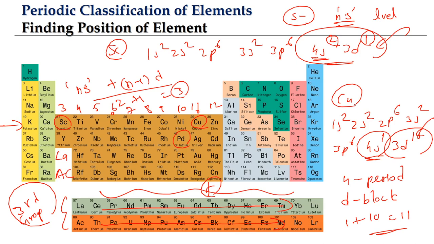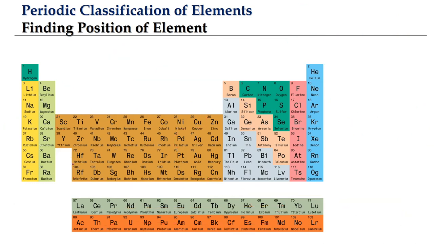So we will take all of them to be belonging to where? 3rd group, because lanthanum belongs to which group? 3rd group. Actinium belongs to 3rd group. Since we are not giving a place for them in the main table, we will just take all of them to be in the 3rd group as such. Now we are done with the s block elements, d and f, because f, all of them, is 3rd group.